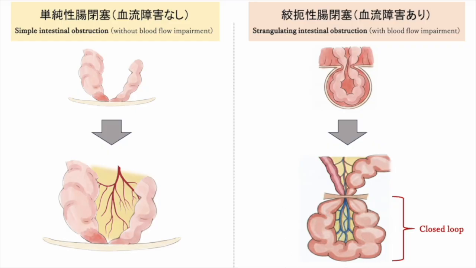In strangulated obstruction, then, the intestine not only becomes obstructed and dilated, but blood flow to the intestine itself is compromised, raising the risk of the bowel becoming necrotic. As noted on the illustration, in strangulated obstruction, this closed area where blood flow and contents are trapped is called a closed loop. When a closed loop exists, emergency surgery is necessary to restore the small intestine to its proper